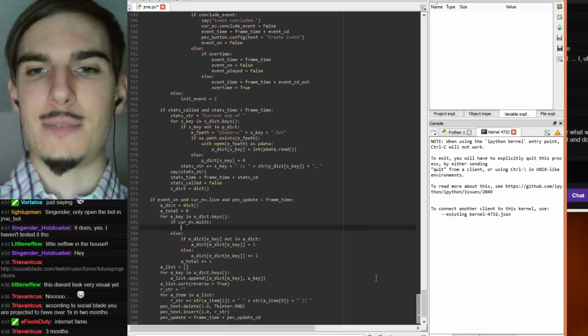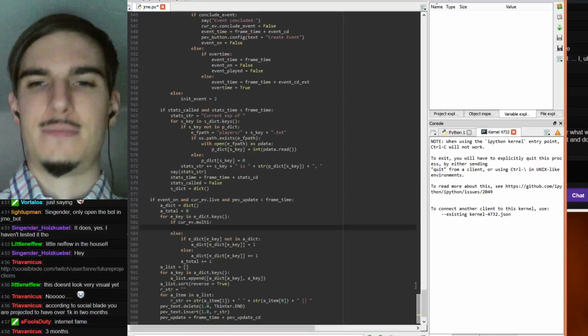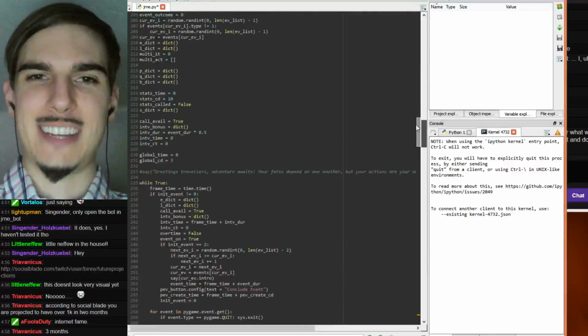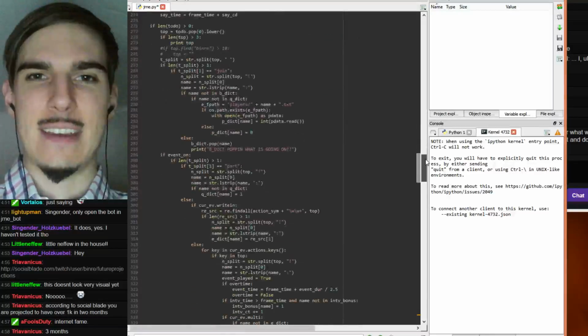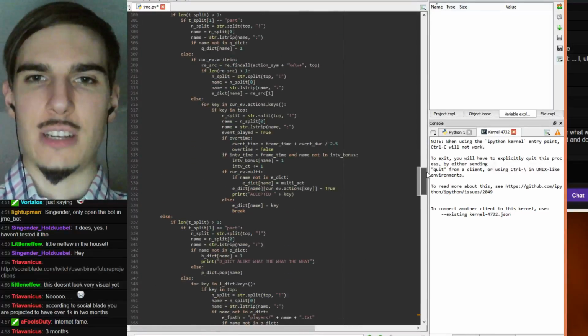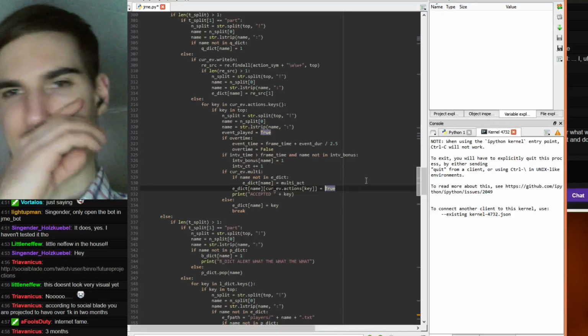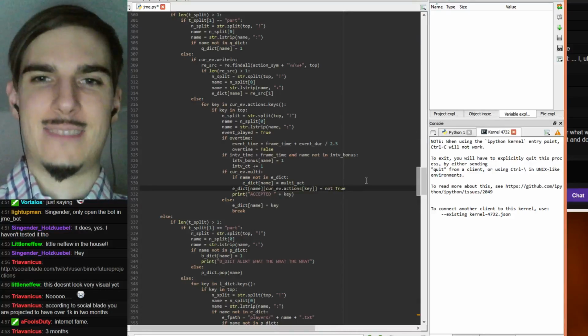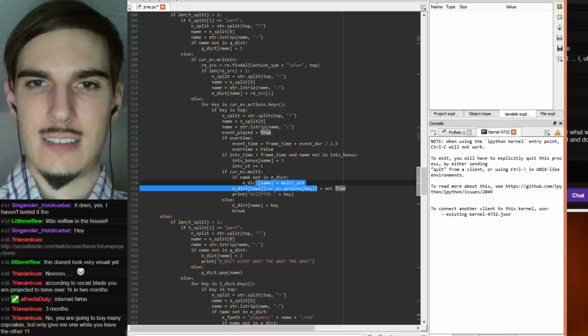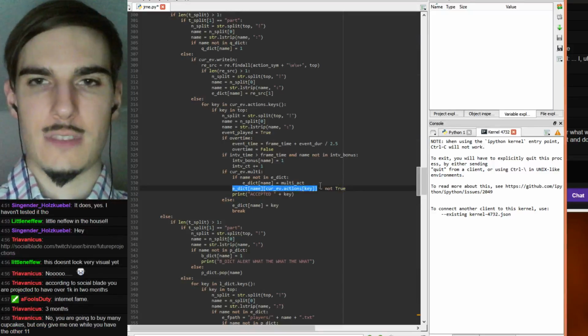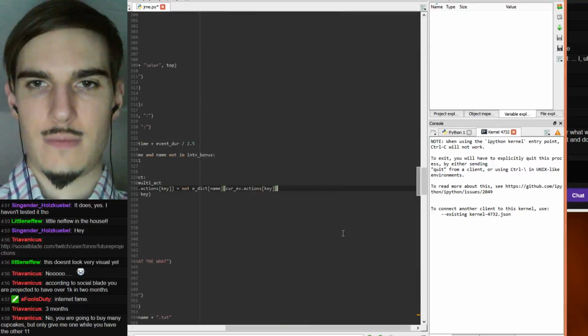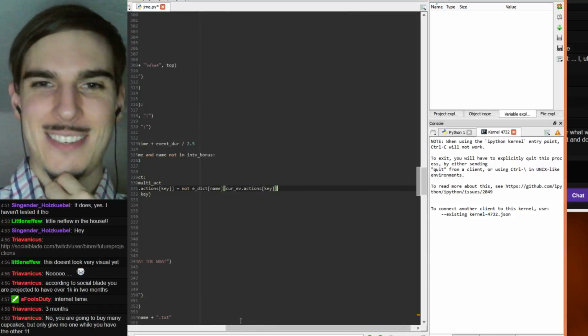Oh, and also I'm still, well, no, I'm gonna do this other thing before I forget it. I actually don't want to just hard set these things to true. I actually want to set them to equal not what they already are. So I basically want to toggle it, which is a little silly, but whatever.